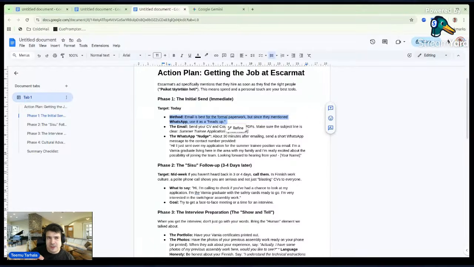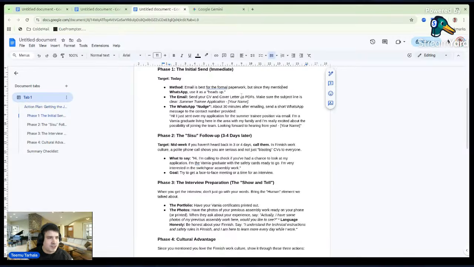And now we need to go a bit higher back in that job description where they say that they are interested in people who dare to ask. So they definitely want you to contact those people. So that's how it works.